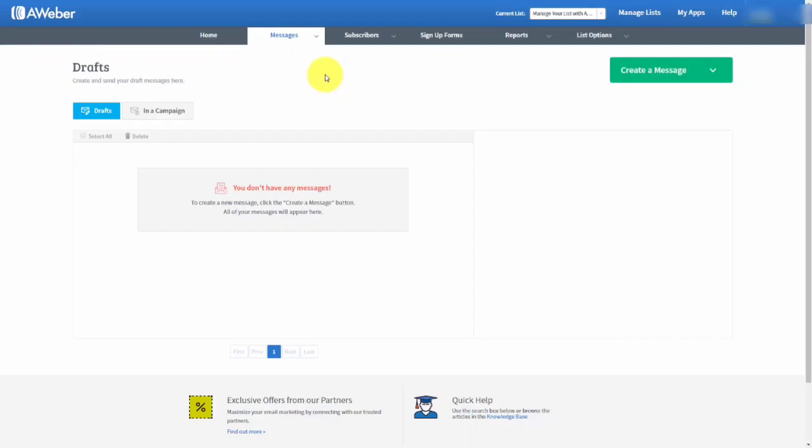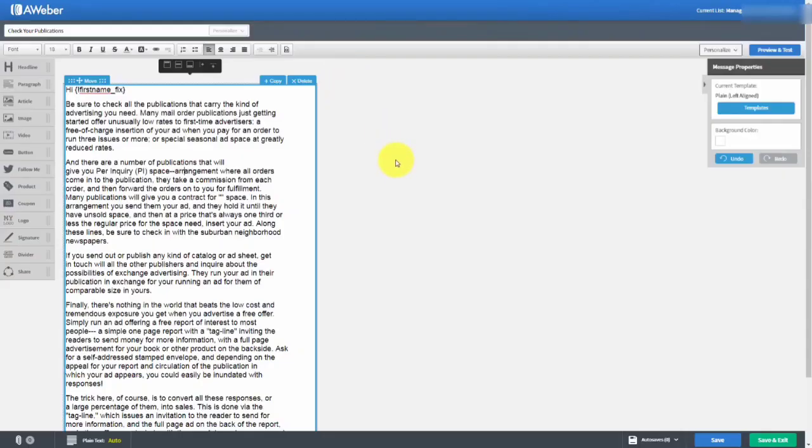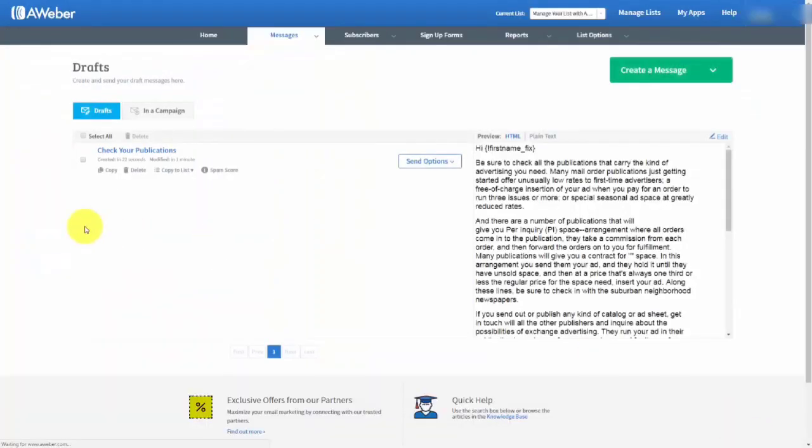So let's compose an email in our draft area. So we have now composed our email, and we're now going to click Save and Exit. And we're going to send out this email as a broadcast to our entire subscriber list. So what we're going to do is go to the Send options, and we're going to schedule